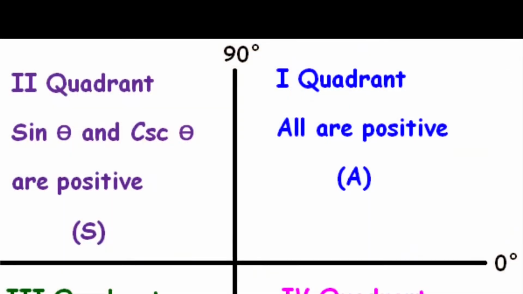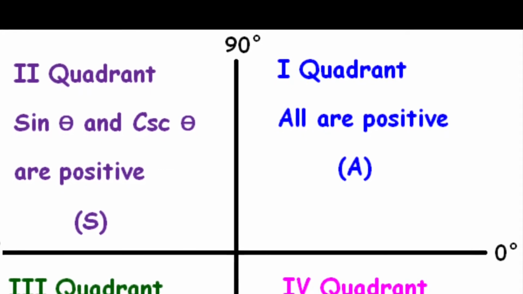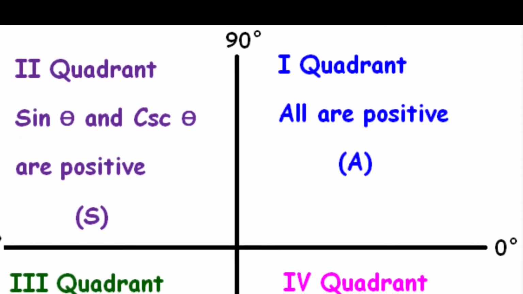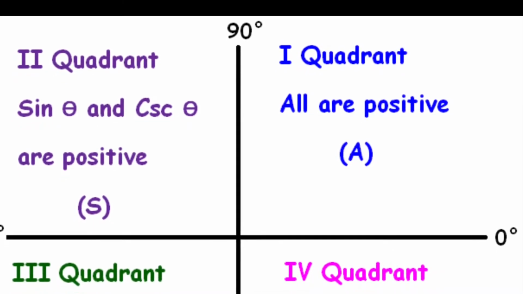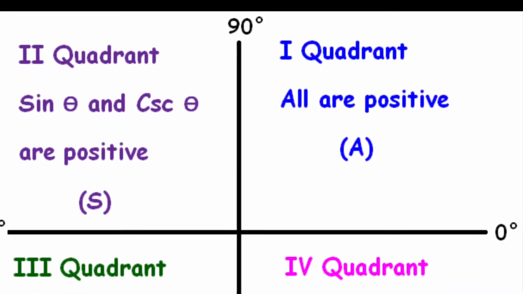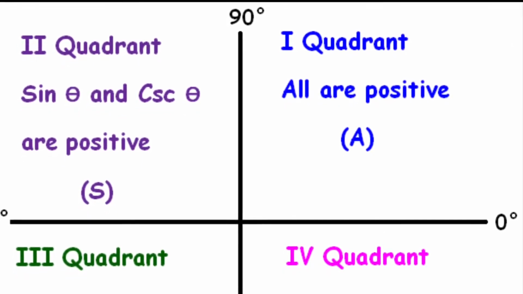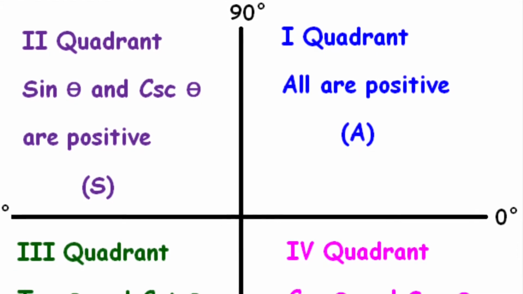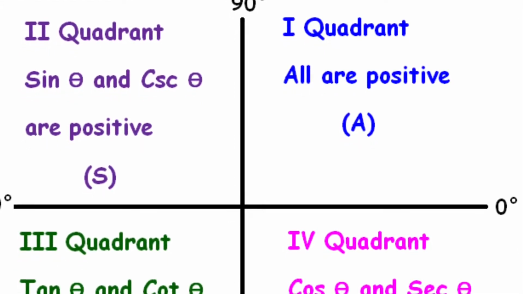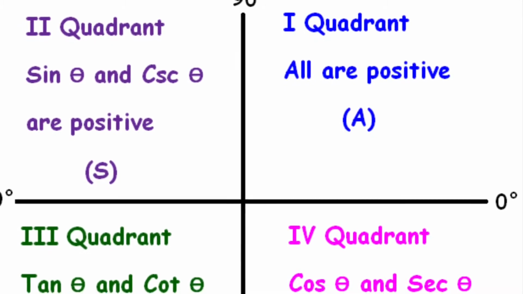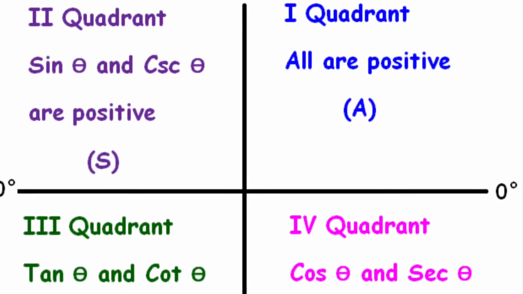So before we begin solving equations, you need to understand that there are four quadrants, and all these quadrants have different signs of trigonometric ratios. In the first quadrant, the sine of any theta, cos of that particular theta, and tan of that theta will always be positive. But in the second quadrant, only sine theta will be positive, and tan and cos theta won't be positive. In the third quadrant, we have tangent function as positive, and in the last quadrant, we have cos function as positive and the others as negative.